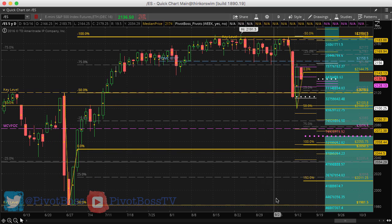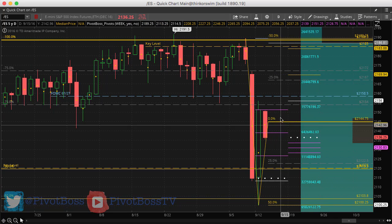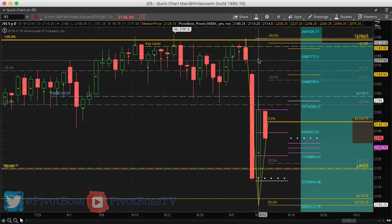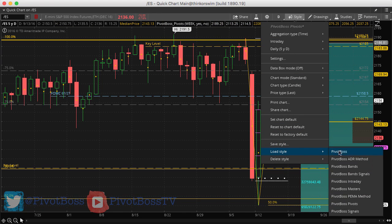Now we'll see if we can continue to see a continuation higher, or do we fail off of these 54s. So right now we're kind of right in that zone where we're likely going to see a little bit of chop back and forth, and then we'll see some resolution, but at least we have these key ranges here to help play us out. Now if we take a look at the intraday time frame,